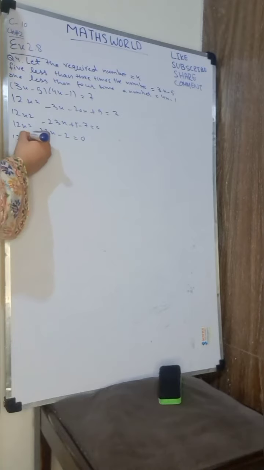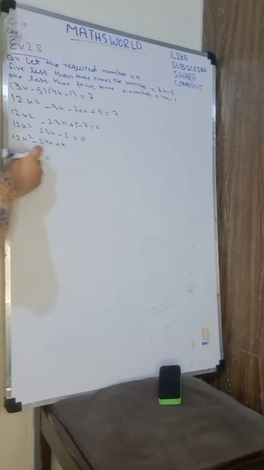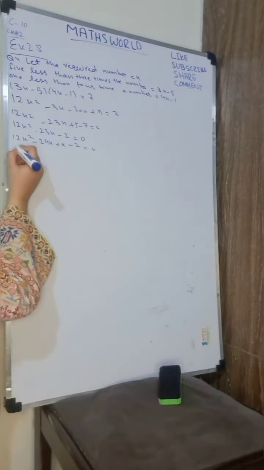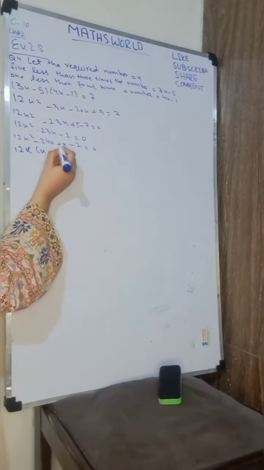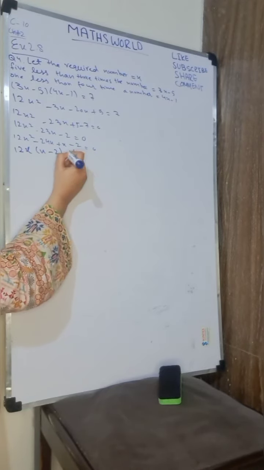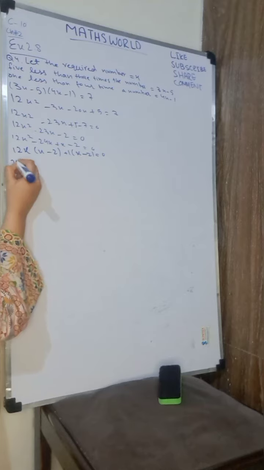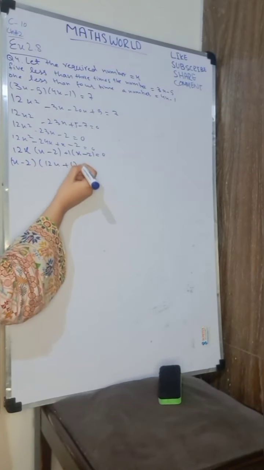12x square minus 24x plus x, that would be minus 2 and product equally. So like this, we are going to take common 12x, so x minus 2, and minus 1 plus 1 common, x minus 2 is equal to 0, minus 2, and 12x plus 1 is equal to